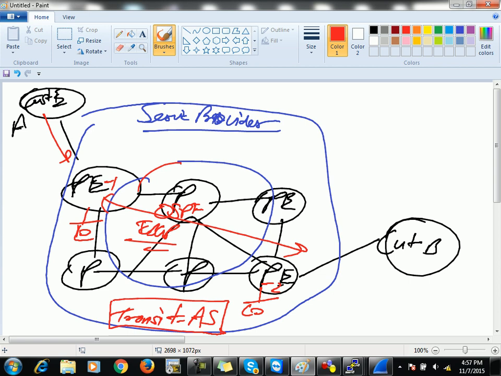So whenever PE1 receives any prefix coming from the customer with BGP, it will give those updates to PE2 directly. On the other P routers you are not running BGP, right? So those routes will be available on PE2, and then PE2 will give them to customer B. Same, if PE2 receives anything from customer B, PE2 will give them to PE1, and further PE1 will give those prefixes to customer A. Customer A has prefixes of site B, and site B has prefixes from site A, but still they cannot ping each other,